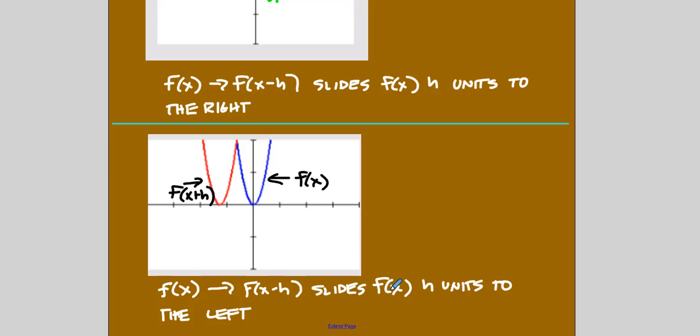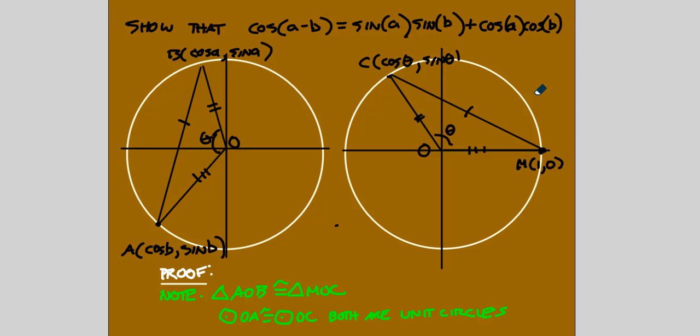This transformation, or this translation, slides f of x h units to the left, and we will need this information in this proof. Okay, now I'm going to demonstrate how cosine of the difference of two angles, a minus b